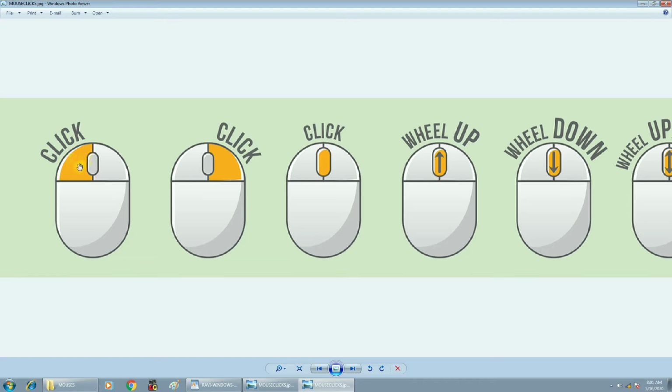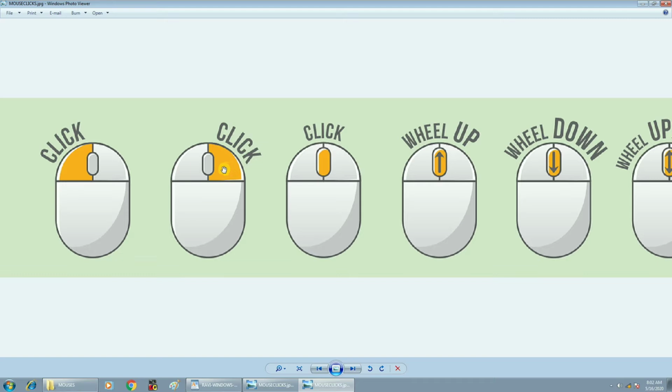Single click. The first point is to put the mouse pointer over the icon or file or folder which you want to open. The shaded area in the first diagram is the left button. If you click there, it is called a left click. In the second diagram, if you click on the surface with the right button, here the shaded area is the right button, that is called a right mouse click.